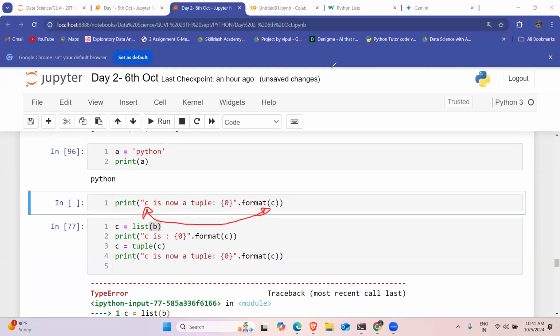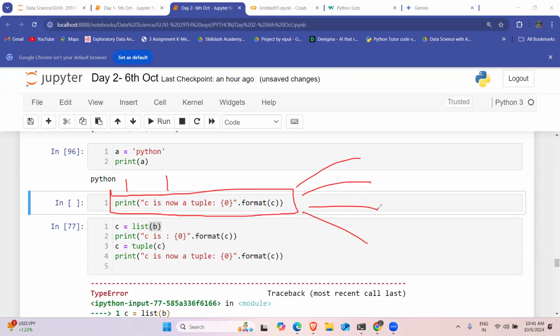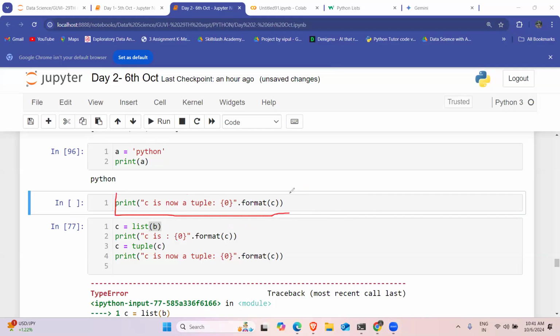As of now, I understand you'll find it a little difficult, but don't worry about this. This is not the only case. You can rely on forgetting this part as well if you are not comfortable with it. We have n number of functions, n number of methods, ways in which you can do formatting. But remember, I'll tell you one hack to learn any programming language. You use this multiple times in your use cases, you'll become habitual to it and you'll understand it on your own as well,